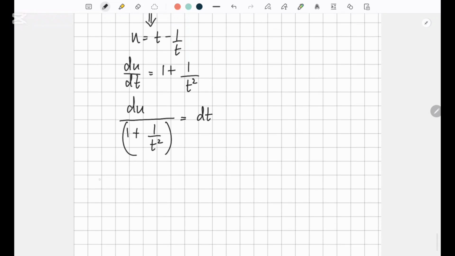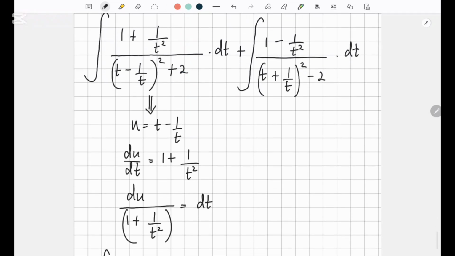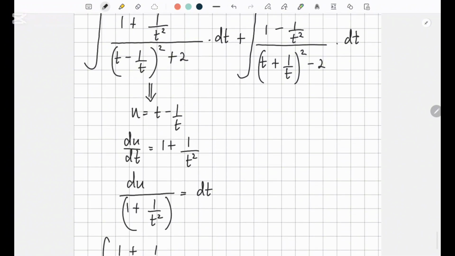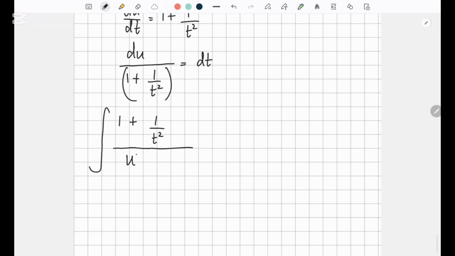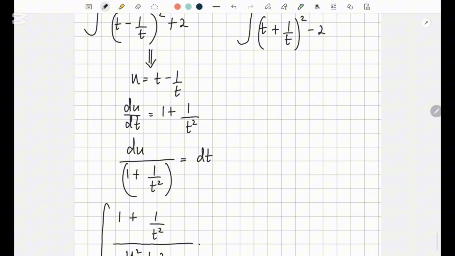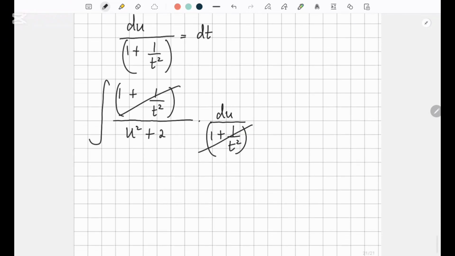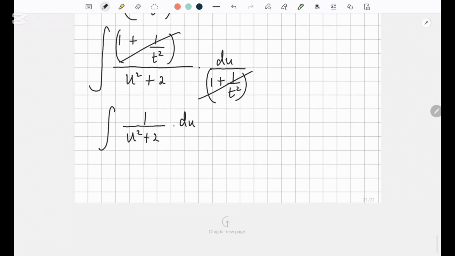So then if you go to your question, 1 plus 1 over t squared over, and instead of t minus 1 over t, I'm going to write u squared plus 2, instead of dt, I'm going to write du over 1 plus 1 over t squared. They cancel off. So now we have the integration of 1 over u squared plus 2 du, and the integration of that will give you